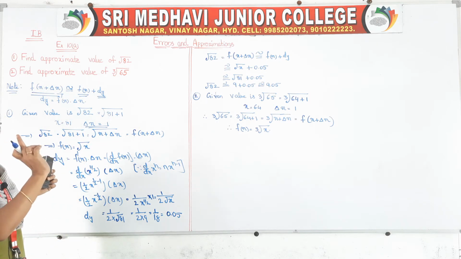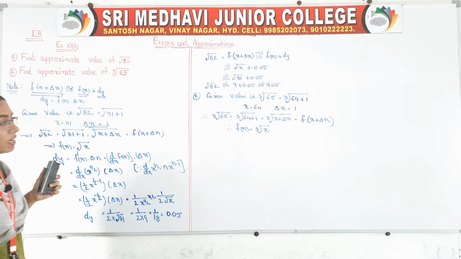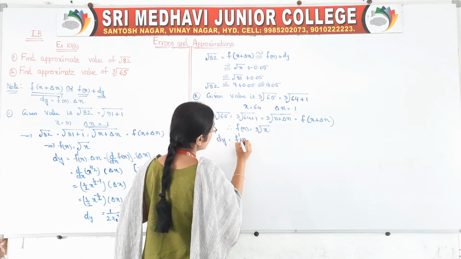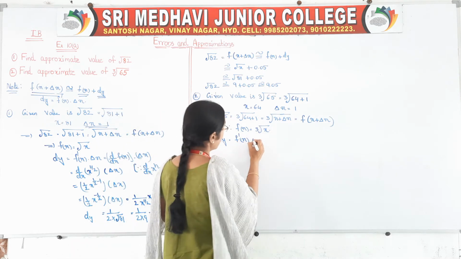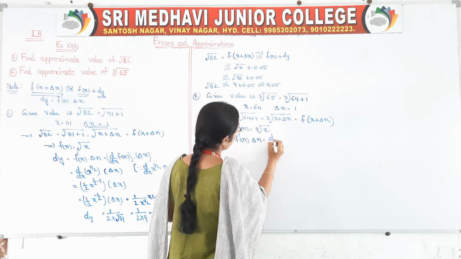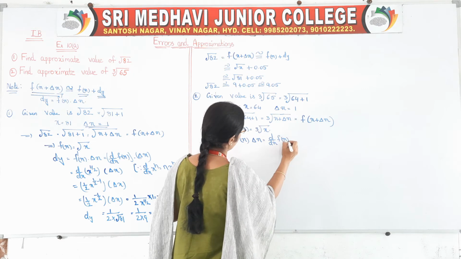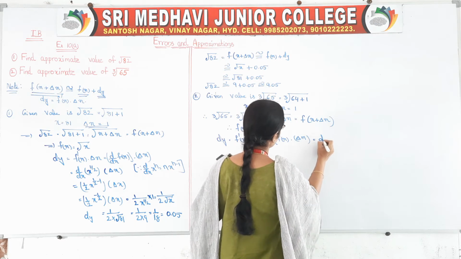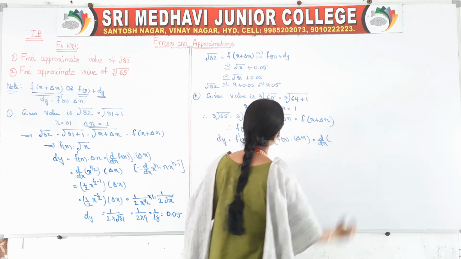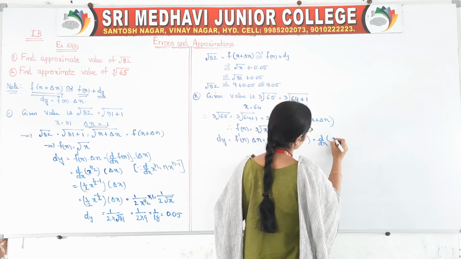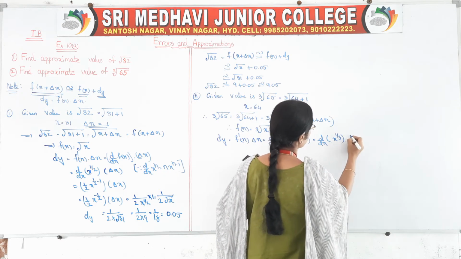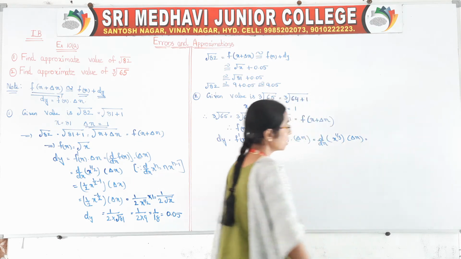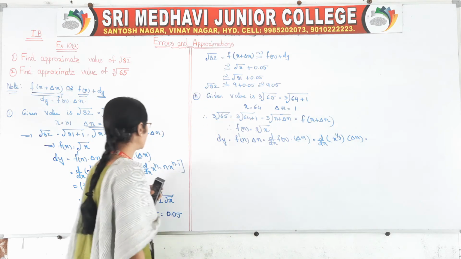Okay. So first try to get your f of x, then your dy value. So come on, find out dy. Dy is equal to, what is the formula? It is f dash x into delta x. F dash x is d by dx of f of x, into delta x. So it is d by dx of f of x. What is our function? Cube root of x, that means x to the power of 1 by 3, into delta x.